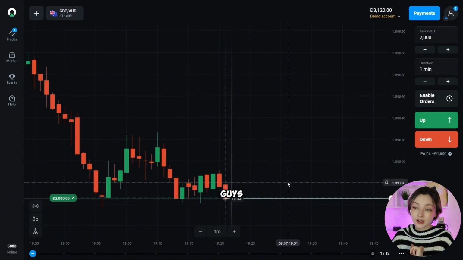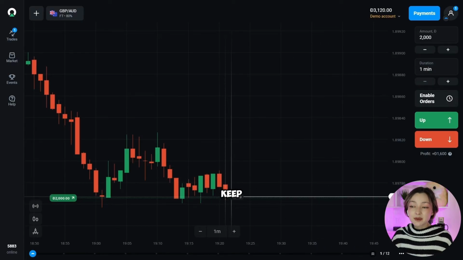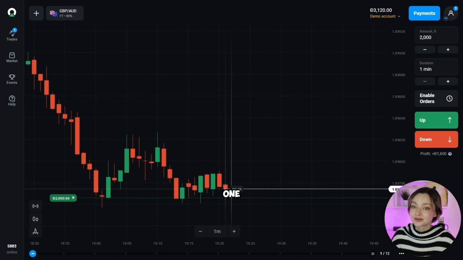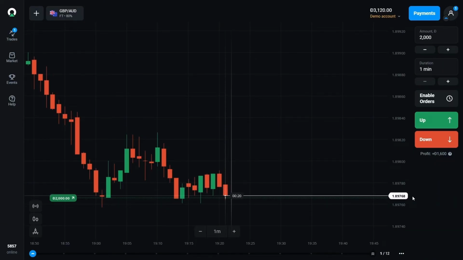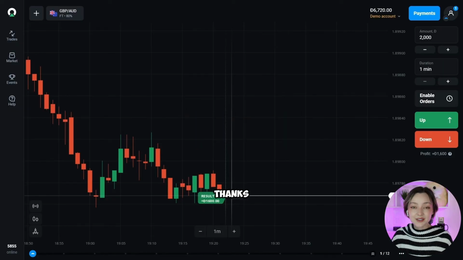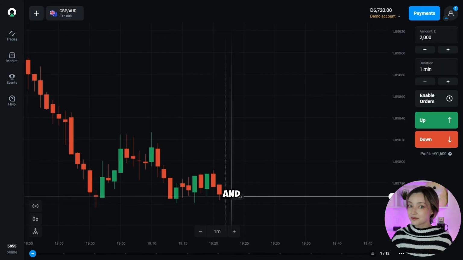Another advice for you guys is that you should always follow your risk management. Guys, keep in mind that you will stumble upon a failed trade sooner or later, so you gotta be prepared in advance to either stop when it's not too late, or open a cover one. As you can see, thanks to the cover trade, we have recovered the previous loss and made a profit